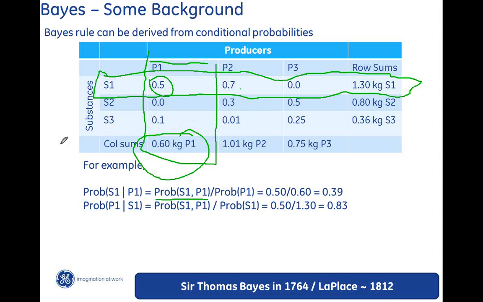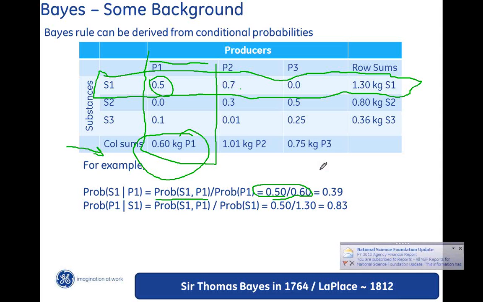And why is it called marginal? It's a very fancy name for the fact that back in the day, they got these sums by writing them in the margins. So they're column marginal sums and row marginal sums, and they wrote them in the margin of the paper because the table is so huge. So if you do that out, it's 0.5 conjoint over the marginal, and your probability of substance 1 given producer 1 is about 40%, so 0.4.